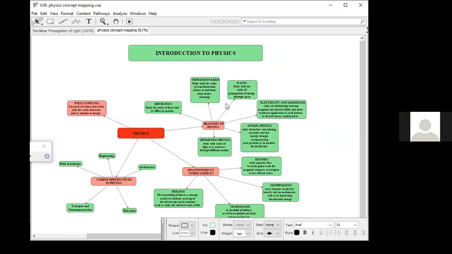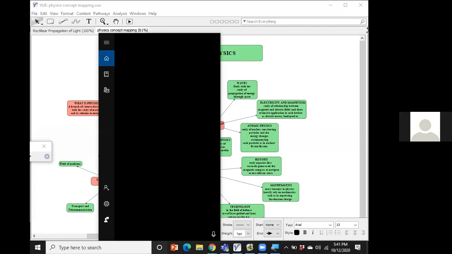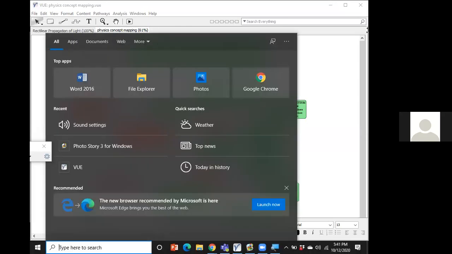So you can use software, and this is open source, it's free software, which I think we also shared the link for you to download so that you can explore how to go about it. If you don't want to go the software way, go the simpler way, using Microsoft Word as a way to design your concept map. So I was able to take you through how to come up with a concept map in Microsoft Word.